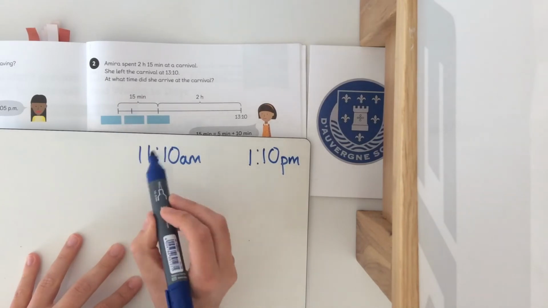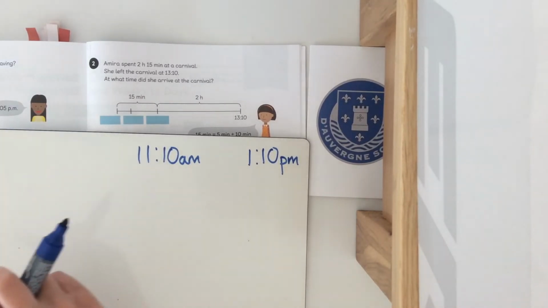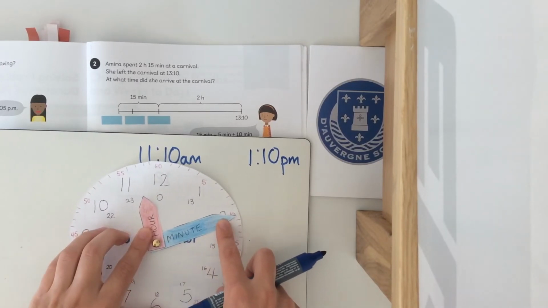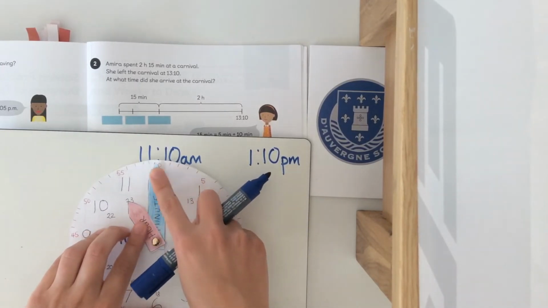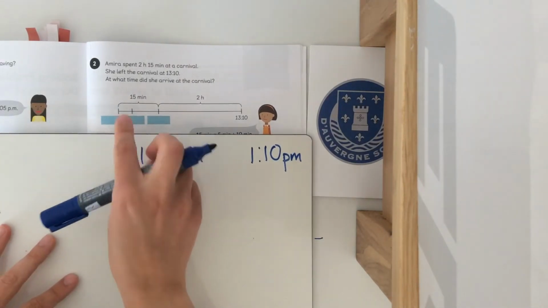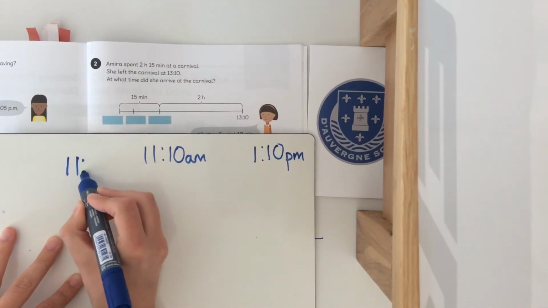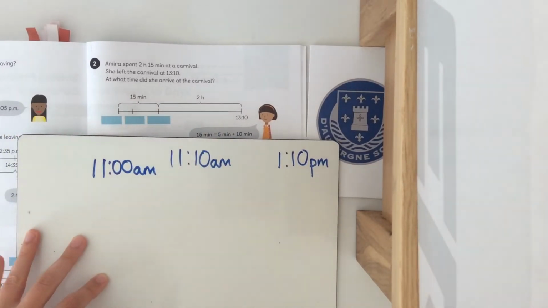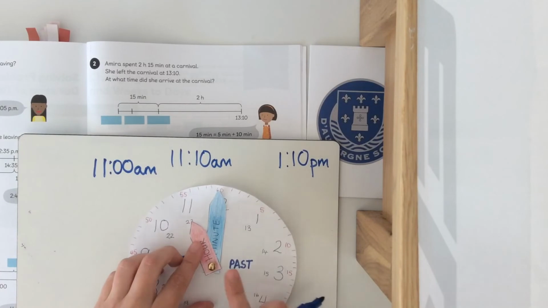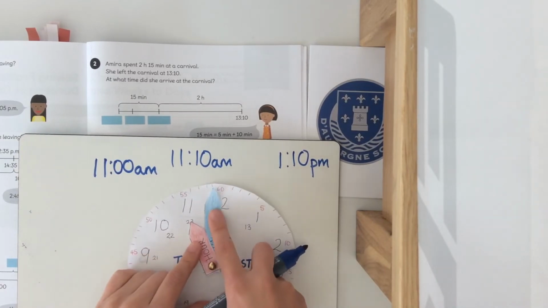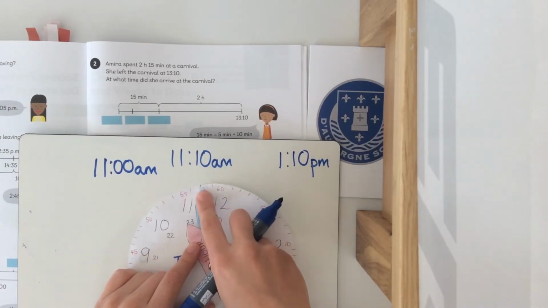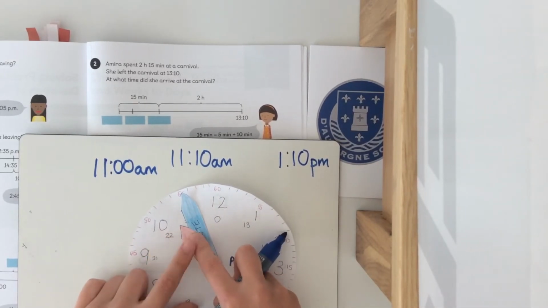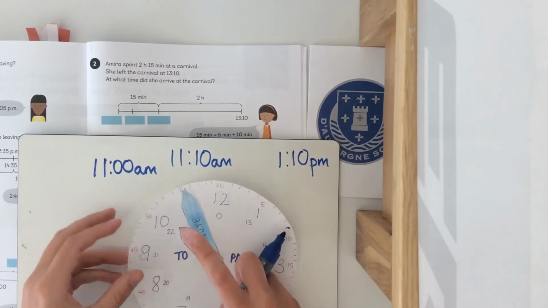Then we're going to do a jump of 10 minutes backwards. So 11:10, take away 10 minutes. So we're going backwards, remember. 5:10 takes us to 11 o'clock. So this middle box here should be 11 a.m. And then we need to take away the additional 5. So 11 o'clock, take away 5 minutes, takes us to 55 minutes, but we're not past the 11th hour. Now we've gone back into the 10th hour. So it's 10:55